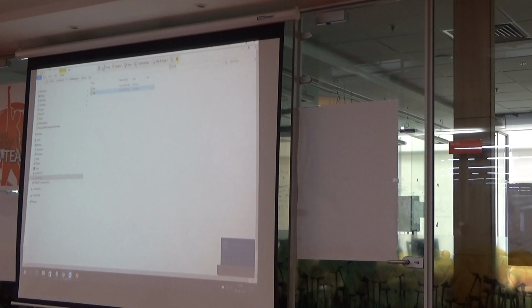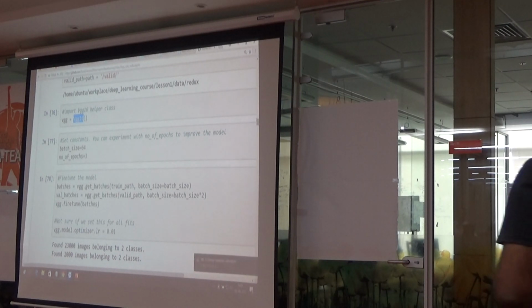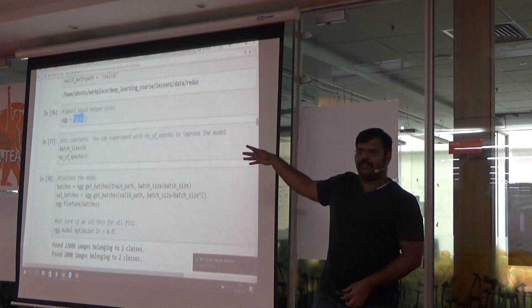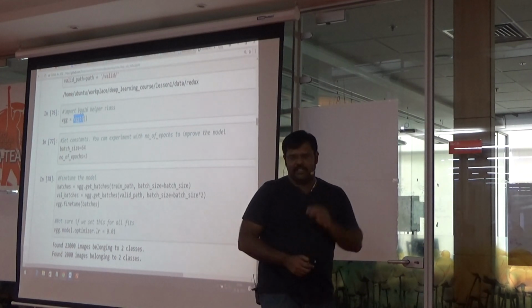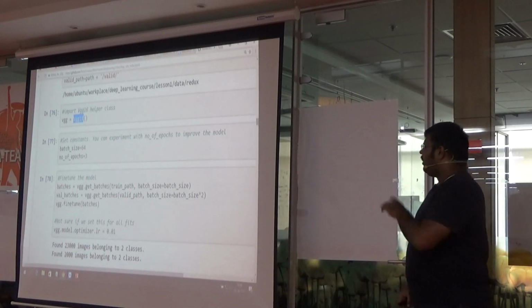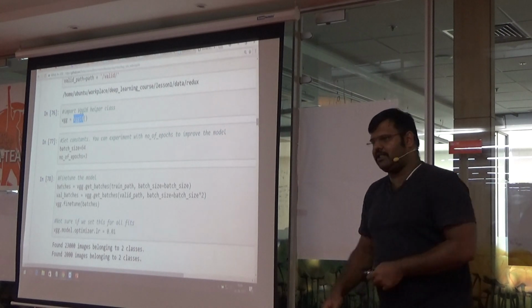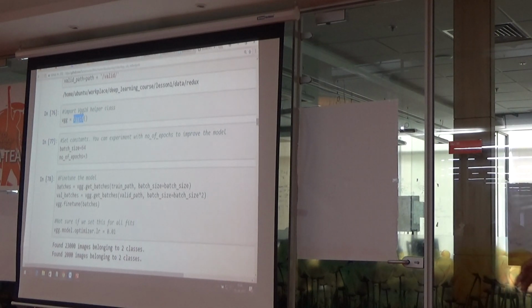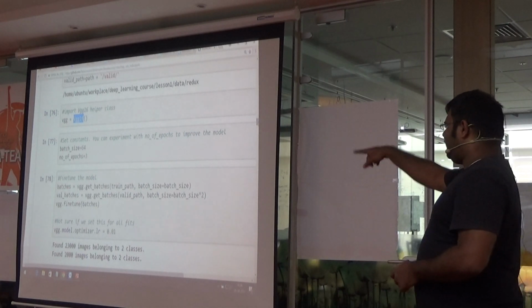So basically what I do after that is, as you can see, there is code which I wrote. I know it's Python, but there is a C# version of it, and it looks exactly the same. I just initialize a class called VGG16. This VGG16 is a model provided by, I think, Stanford, I don't remember, and this model has been trained on 1.2 million images of things available in the world. So this model is available for you, anybody can use it. So with this VGG model, I just say to it, okay,